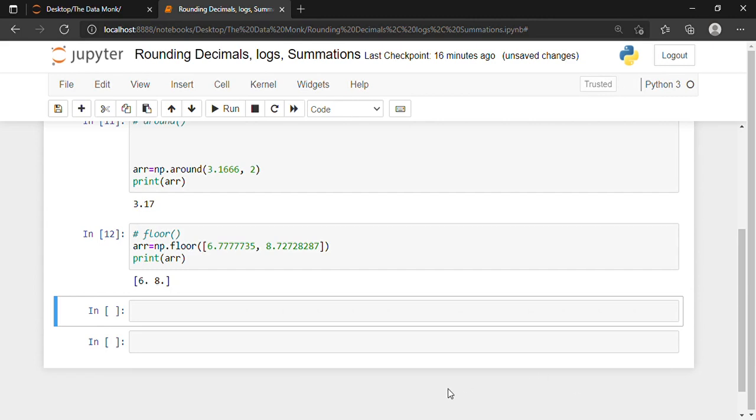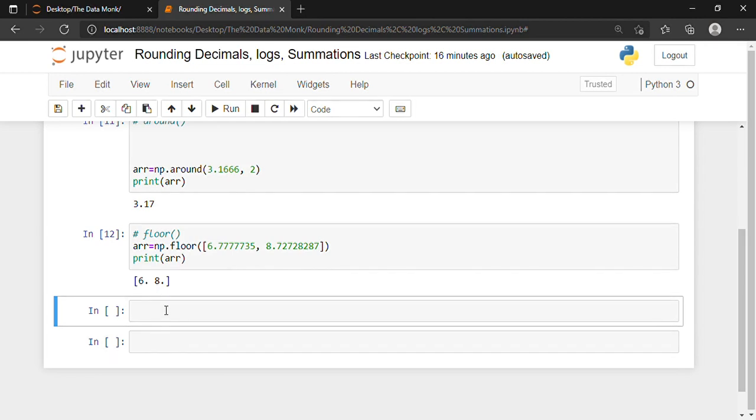As you can see, the floor function basically rounds off a decimal to the nearest lowest integer. The floor function rounds off a decimal to the nearest lowest integer. So if 6.777 is the number, it will display only 6. If 8.727, it will display only 8.